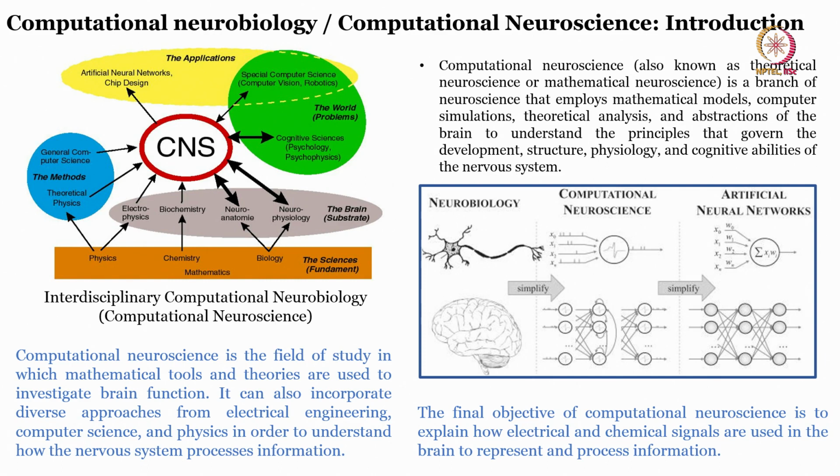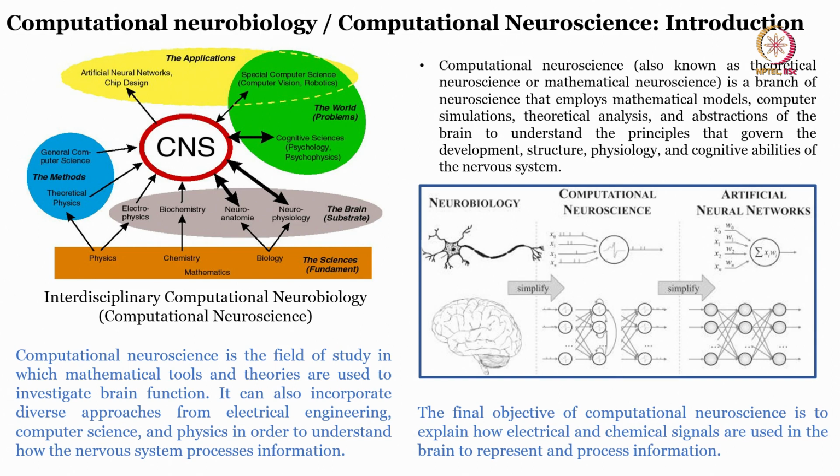It is a field of study in which mathematical tools and theories are used to investigate brain functions. It can also incorporate diverse approaches from electrical engineering, computer science and physics in order to understand how the nervous system processes information. So, if you want to understand how exactly the information is processed, you need to deep dive into computational neuroscience, and it also explains how the electrical and chemical signals are used in the brain to